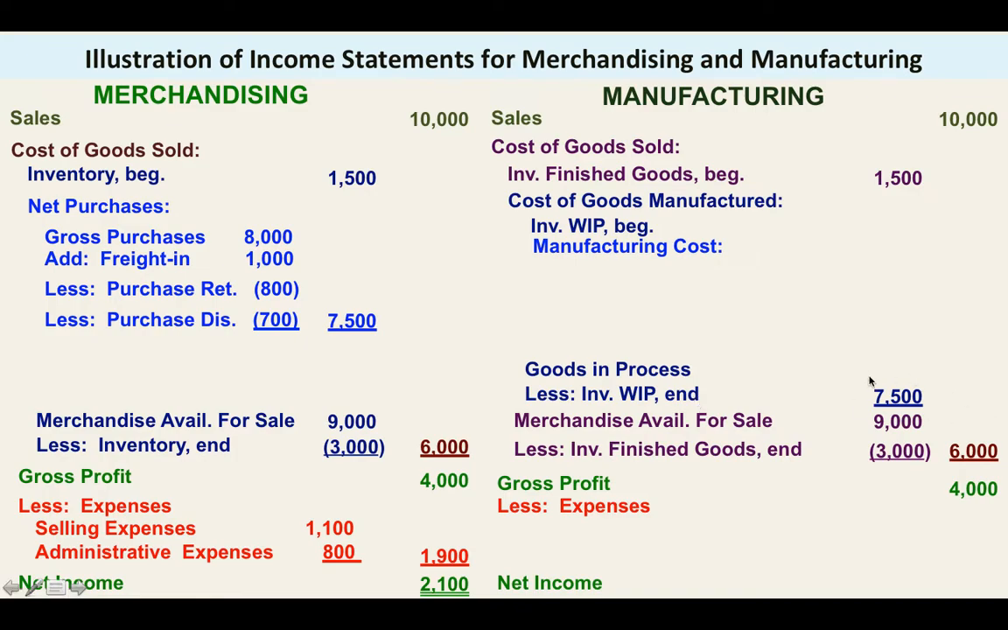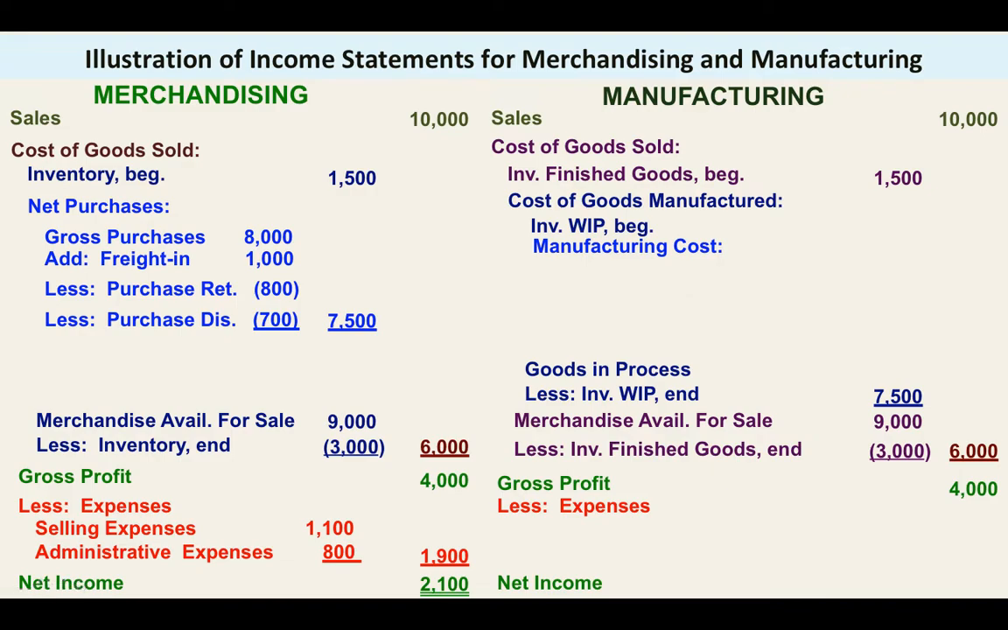That will give you your cost of goods manufactured. Again, your cost of goods manufactured is inventory work in process beginning, add manufacturing cost will give you goods in process, less inventory work in process end, and that will give you your cost of goods manufactured. Okay, so let us see how this cost of goods manufactured is derived